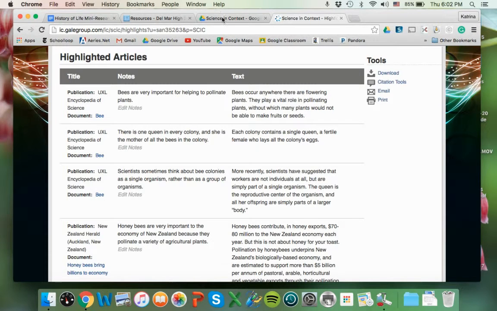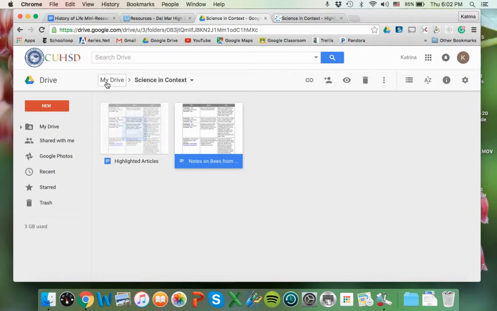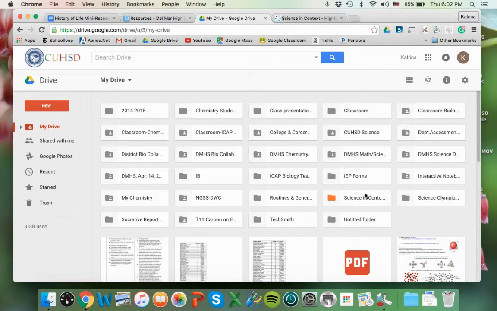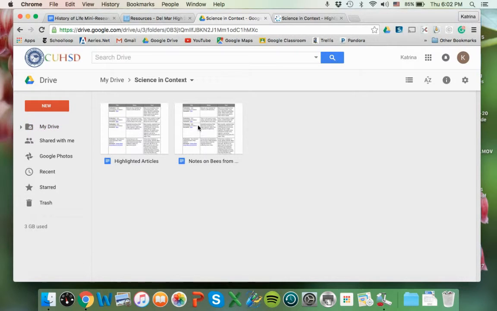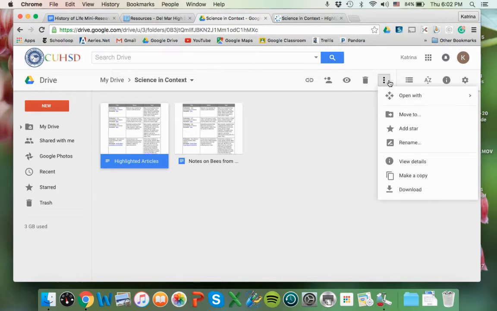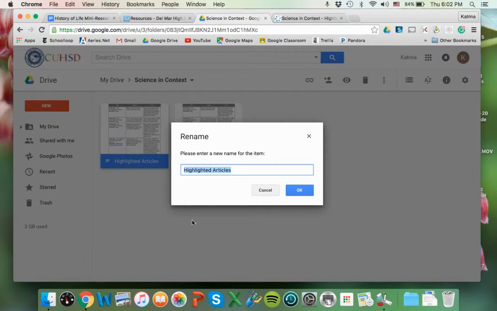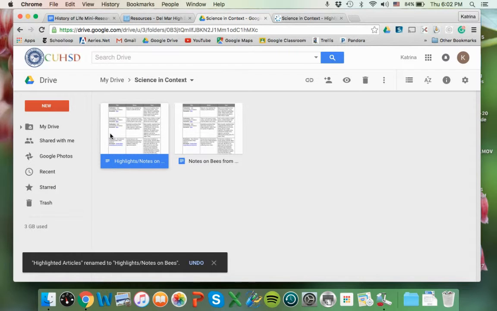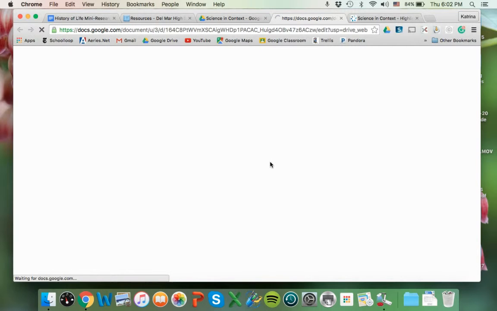Okay. So I'll come into my Google Drive, and in my Google Drive there's this orange folder called Science in Context, so you want to open that up. And here is the one that I just downloaded. I can rename that if I want. And that's a more specific name maybe for my document. And then if I open that,